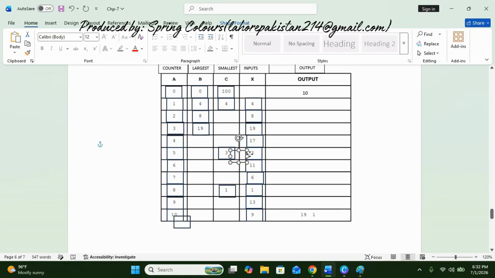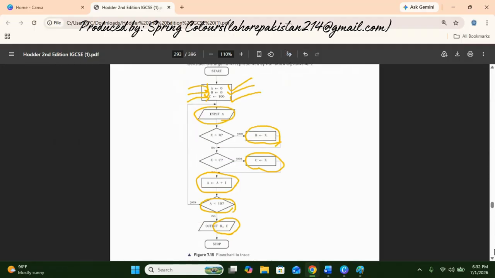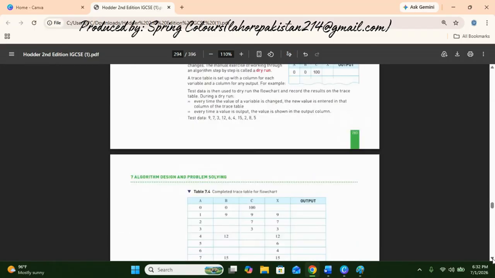As you can see, 19 is the highest value. This 19 will be displayed to the user on screen, and as you can see, 1 is the lowest value. So this 1 will be shown to the user as the lowest value on the screen. So this was activity 7.13. Next time I will solve activity